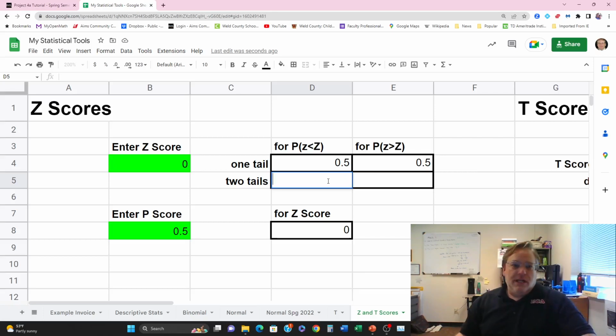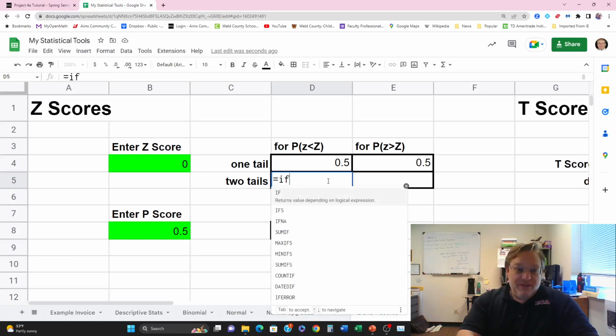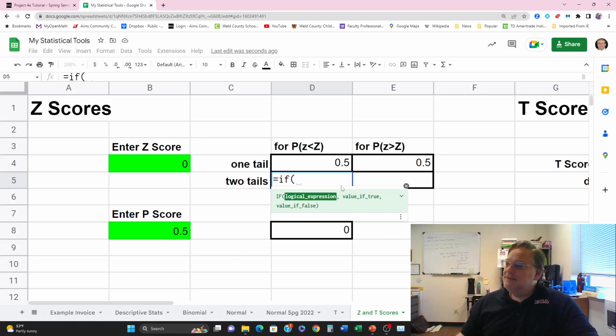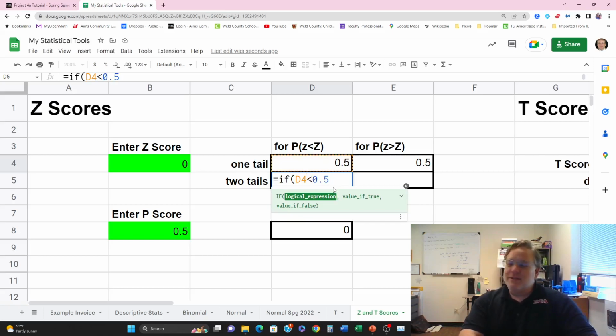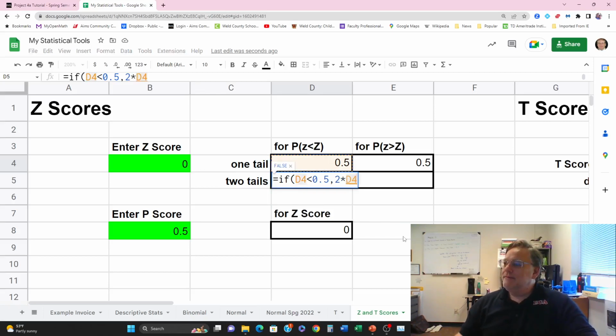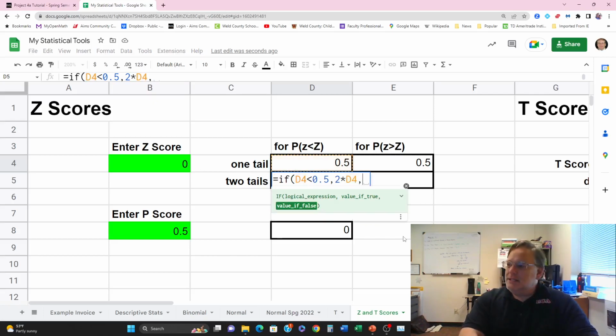So for the two tails here, it's going to be a formula that begins with the word IF. So if D4 here is less than 0.5, in other words, if it's the smaller of the two values, then what you want to do is double this. So 2 times D4. And if it's not, then this is going to take a passive role to the other side. So it's going to be 1 minus 2 times